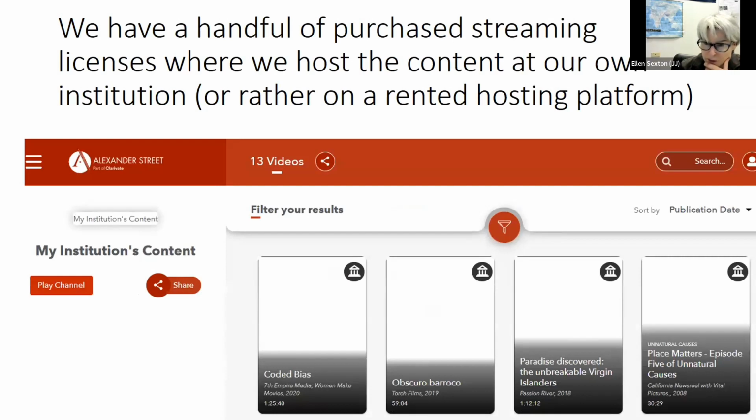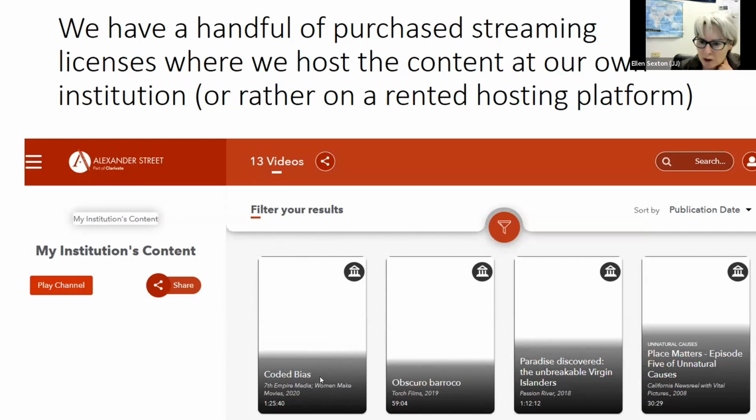Going back to the idea of a college having a media server, this is our tiny version of doing that. On very rare occasions, there have been films that people have really wanted that were not available from any of the educational streaming vendors, that people have really wanted us to get. So I've managed to get the content straight from a distributor and hosted on a commercial platform, Alexander Street. It looks kind of awful. We don't see any pictures here, but it works.